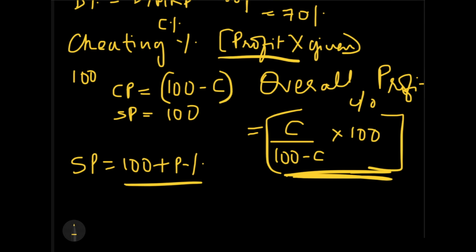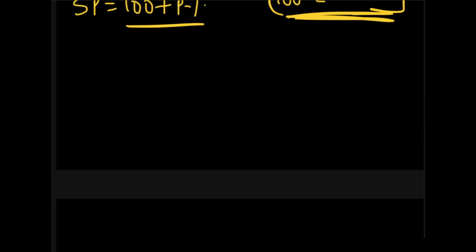So cheating is completed, not completed fully. I have one more thing to cover up. Now this is just a level up. So if you people are comfortable with this, well and good. I'm just taking you one level up and talking about a double cheating question. I don't expect that to come though, but still, just for you people to know about double cheating.